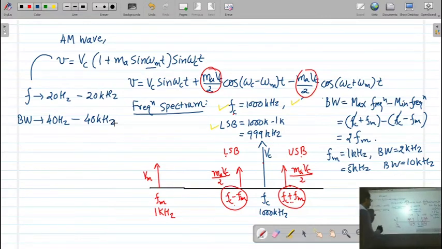Now, remember that the 40 kilohertz bandwidth is not required. This is a very large bandwidth. How can we reduce this? For a normal conversation, remember, we are not using a frequency from 20 Hz to 20 kilohertz. Whatever I am speaking and whatever you are communicating with each other, at that time you are simply using a frequency between 500 Hz to 700 Hz.